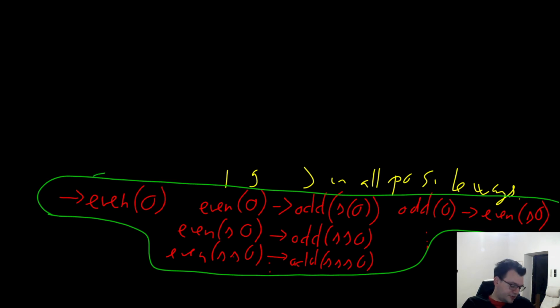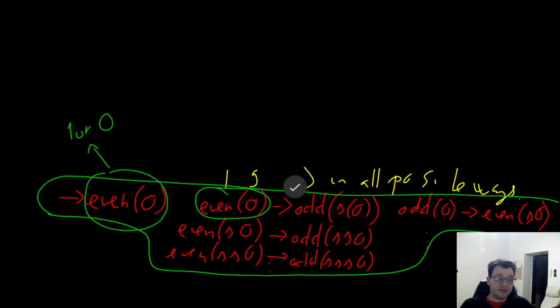even 0, this guy here, is a statement about one particular object, so it's not a variable. This is either 1 or 0. This is either true or false. And here the even 0 is the very same statement about the very same object, so this should evaluate to the very same